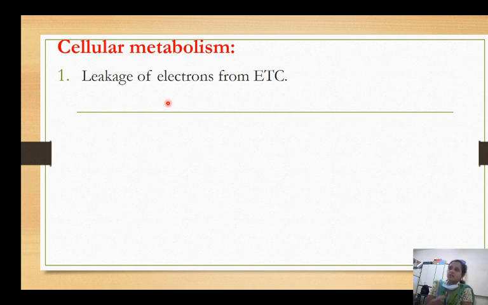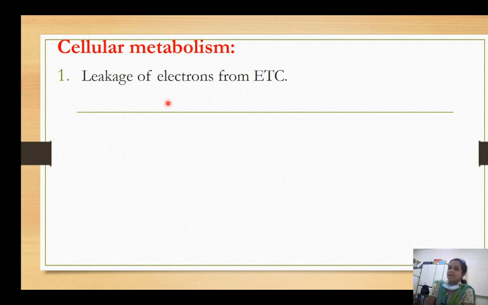And when these electrons are passing from one complex to another complex, the H plus ions are expelled. When the H plus ions are expelled, they once again enter into complex 5, that is ATP synthase, and ATP is generated. But what happens when the electrons are being transported from complex 1, complex 2 and complex 3,